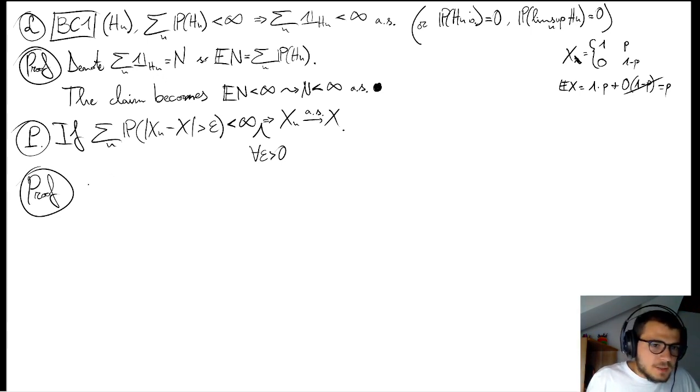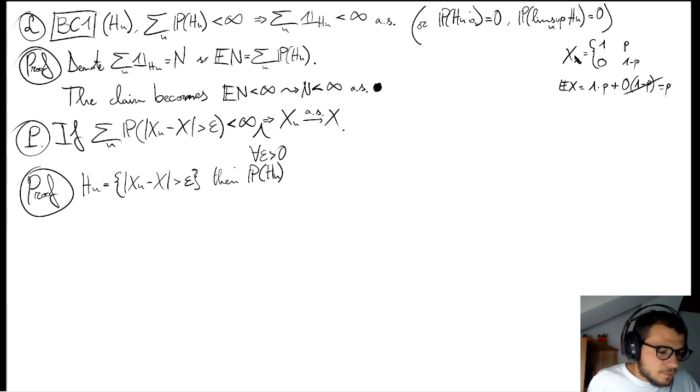So consider Hn events of this form, or call simply Hn to be the event that the difference between xn and x is larger than epsilon. So these events. Then the sum over n of the indicator of these events